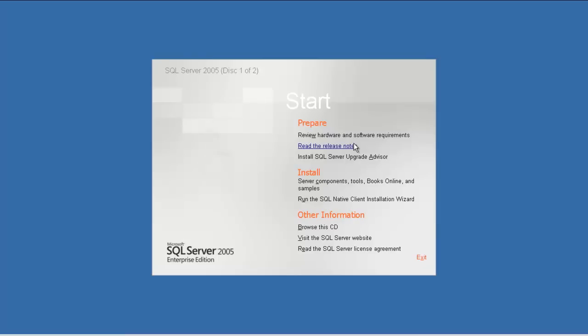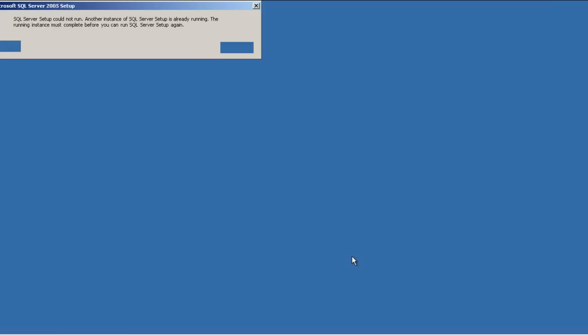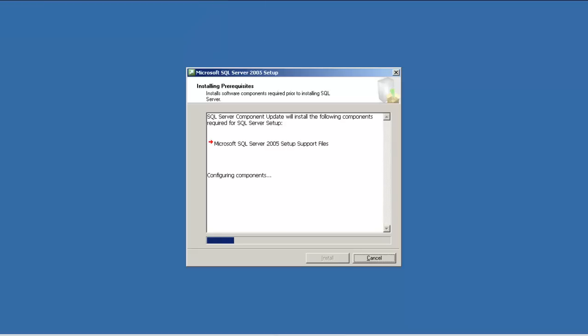Here we go. Again I have to say accept it. This time we are going to install a second instance of the SQL Server. Now why do we require a second instance of the SQL Server? We require it because we may have other databases that we would like to run on a different instance. That is one of the reasons. We don't want all the databases on a single instance. We want some databases on a different instance.